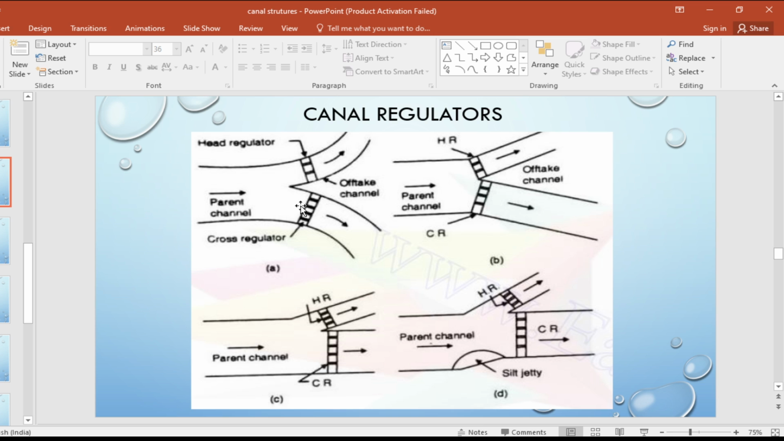Now in figure A, we can see that the offtake alignment is making an angle of 0 with the parent channel. So this is your best alignment of an offtake, where it makes a 0 angle with the parent channel. Okay, second is when